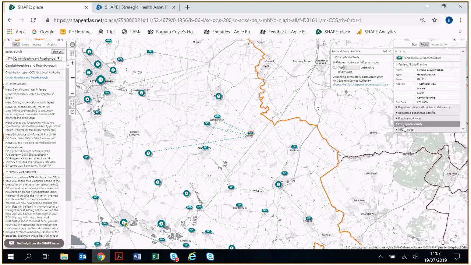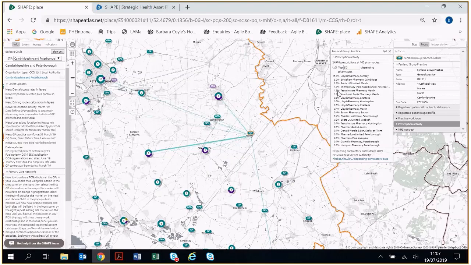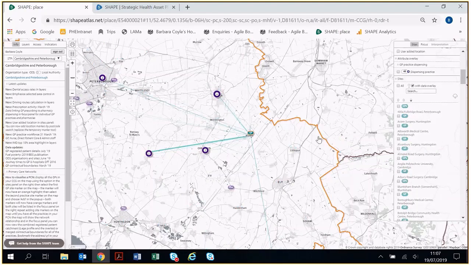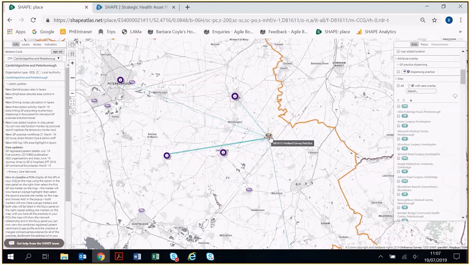Some new data that's just gone in is around the prescription activity. What this will do is say which pharmacy is in my network, and what pharmacy do my patients use to fulfill their prescriptions. If I quickly pop back to the sites list and hit that button that says with data overlay, that will get rid of all those other pharmacies that we saw. So for this particular GP practice I've picked, these are the pharmacies that my registered population are using, and